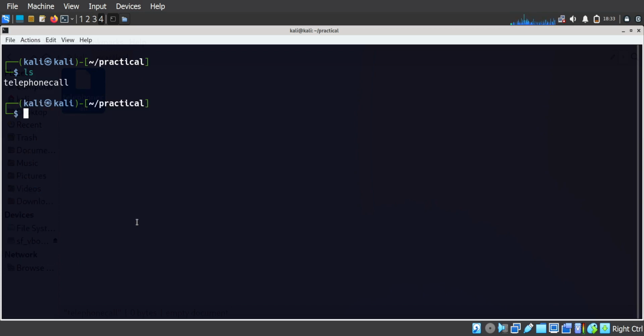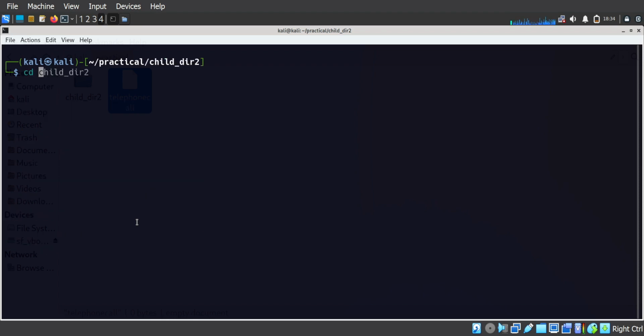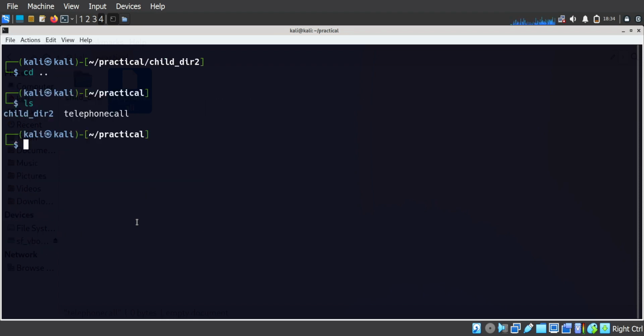So now I want to show you another way to delete it instead of using the rmdir command. In this way, you need to use the rm command. So I need to create the file again. I need to cd into it, and I need to create the child2.txt. Okay, now I need to go back. So now instead of first removing the content of this directory and then coming out to delete this directory, I can use the rm command in one go. So now I can do that using the rm -i and then this -r